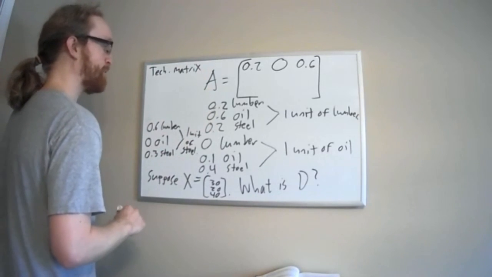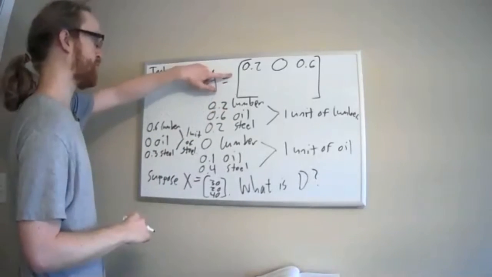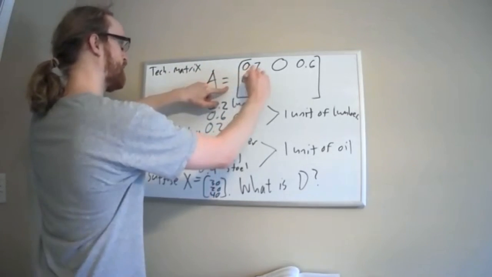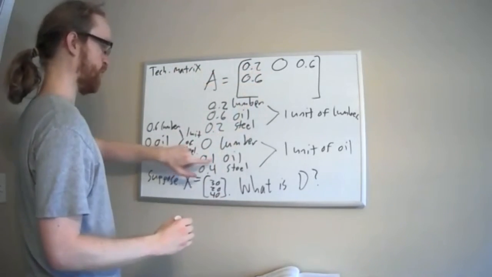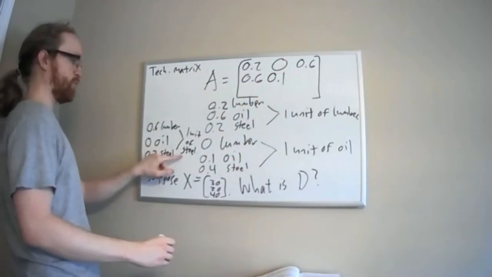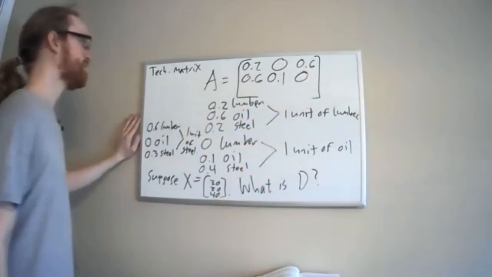So anyway, the second row is represented by oil. Now I'm going to ask how much oil does it take to produce 1 unit of lumber? That's 0.6. It takes 0.1 oil to produce 1 oil. And it takes 0 oil to produce 1 steel. And finally,